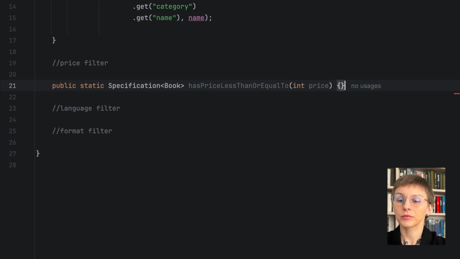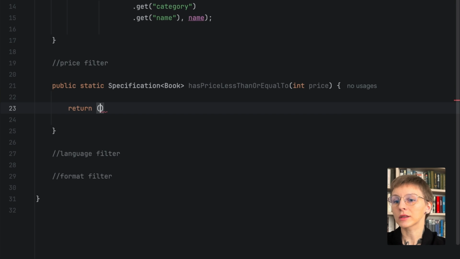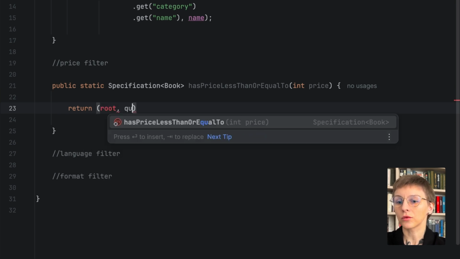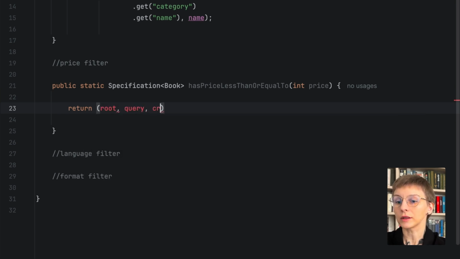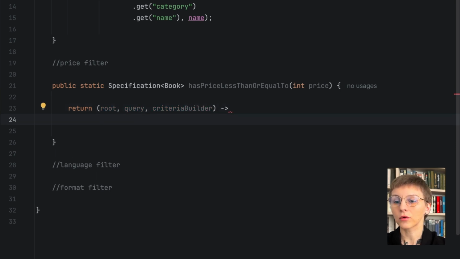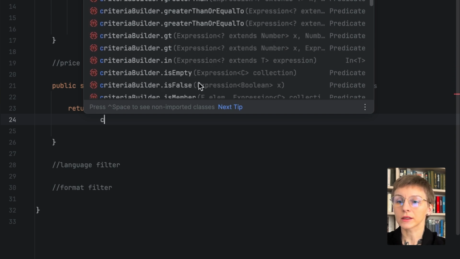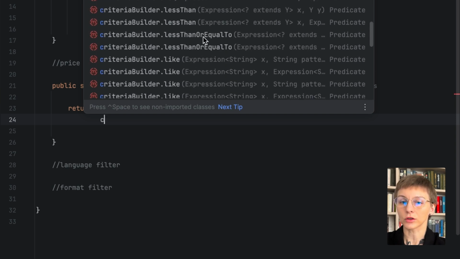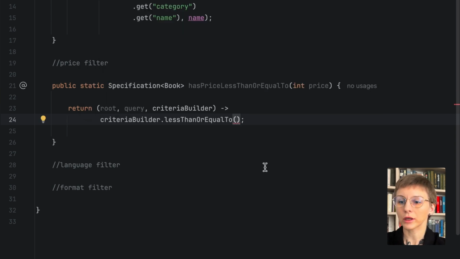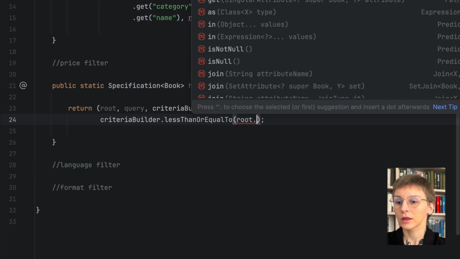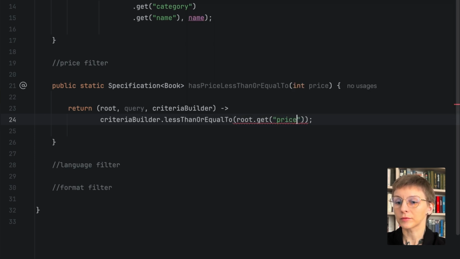And here we are pretty much doing the same, right? But this time we are looking for the price field in the root and returning the value. And we also need another method for criteria builder, and that is less than or equal to. Here it is. And now again we are passing our root and we are getting the price field.